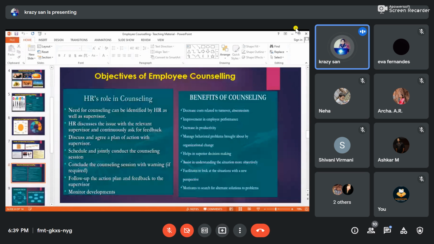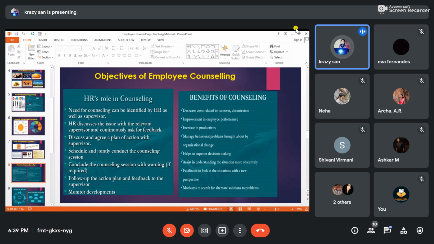Okay, now over here, an objective of employee counseling, and what is the role of HR, what an HR manager can do, what an HR assistant can do in the phase of counseling. The need for counseling can be identified by HR as well as a superior or supervisor. HR discusses the issue with the relevant supervisors and continuously asks for feedback, discusses and agrees a plan of action with the supervisor, schedules and jointly conducts the counseling session, concludes the counseling session with warnings if required, follows up and